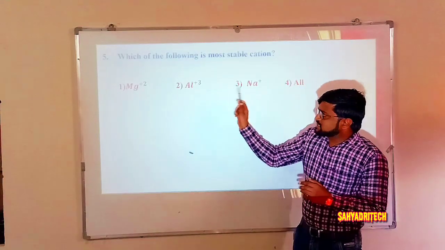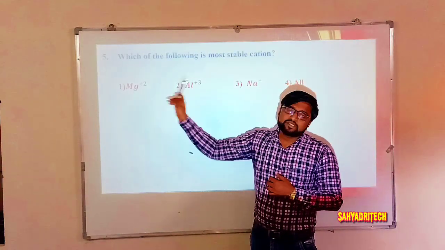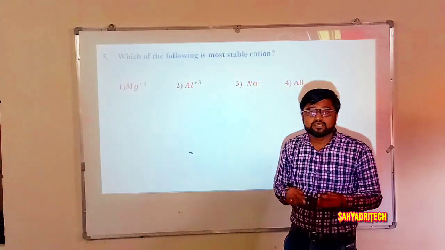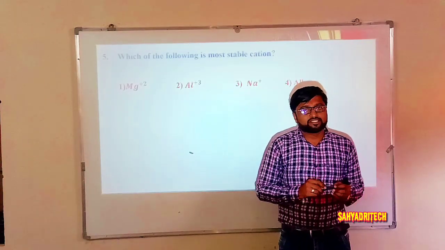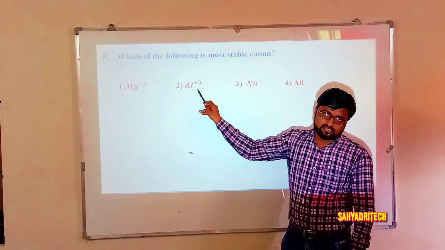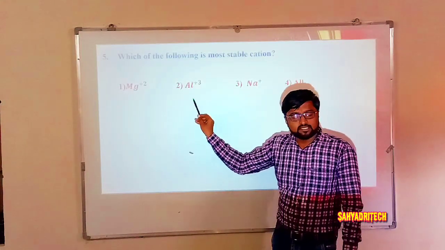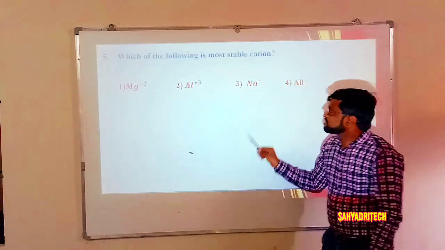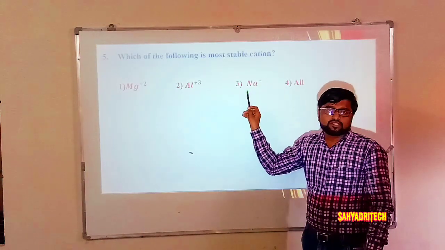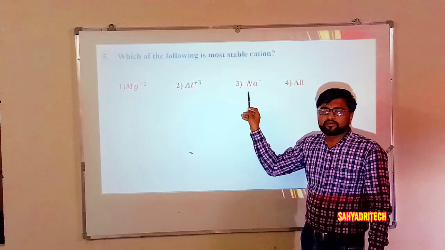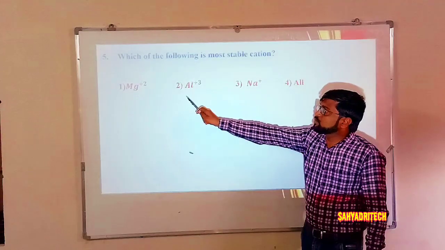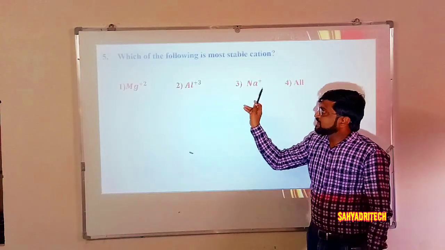But now consider these given options. Mg2+, magnesium 2+, if you write the electronic configuration, is going to end up with the neon configuration, the nearest noble gas. If you go for Al3+, if I write the electronic configuration of Al3+, it is also going to get neon configuration. Na+, atomic number 11, but in Na+ one electron is lost here. So if you write the electronic configuration, sodium ion is also going to have neon configuration itself.